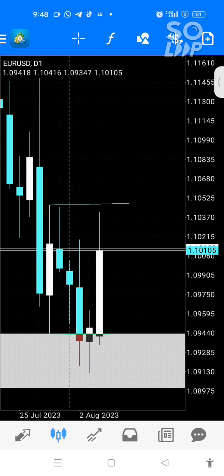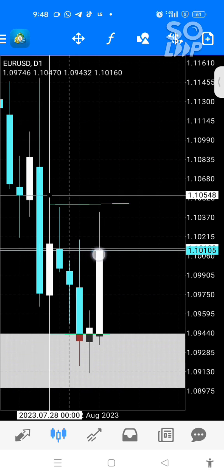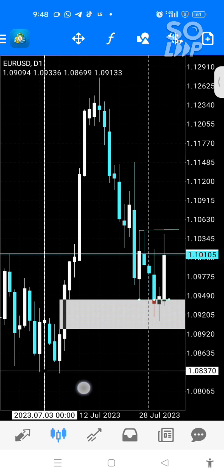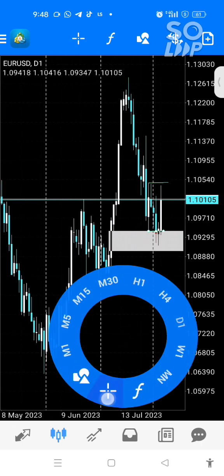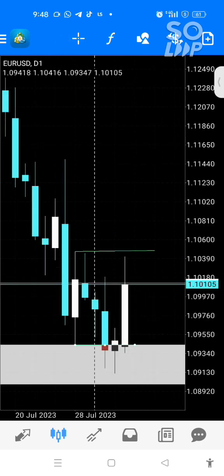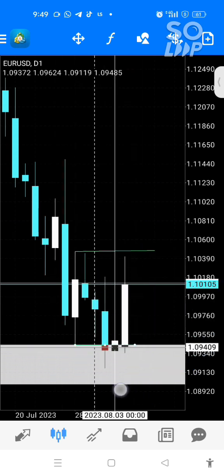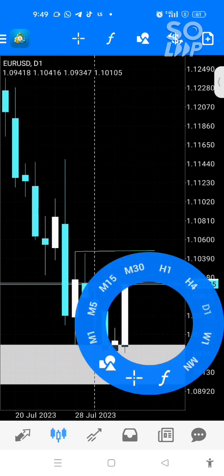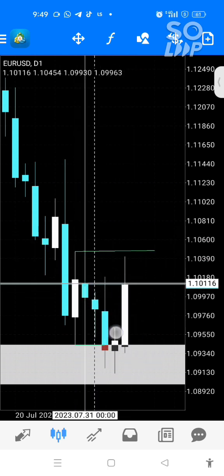Now, to me, I believe this is my draw on liquidity, and this is a high time frame PD array, which is the order block. And I believe this is where we are coming on EU, this low. This is where we are targeting. And I still believe that we are going to get to this low. Now, what I'm expecting to see is the market should reject and start selling from this high. Now, please mind you, when I call a price level, my analysis can change anytime because I'm always inspecting the price.